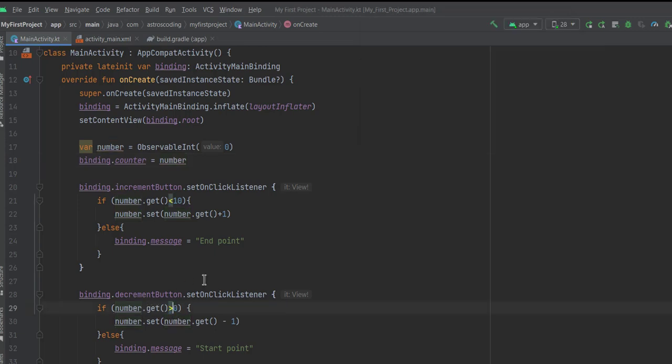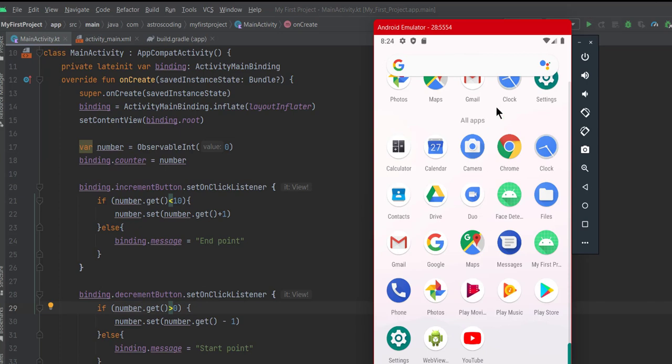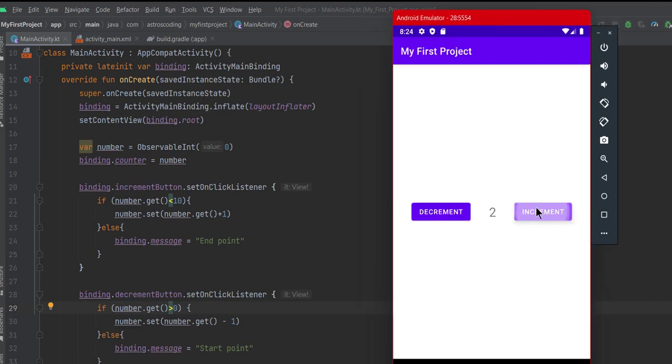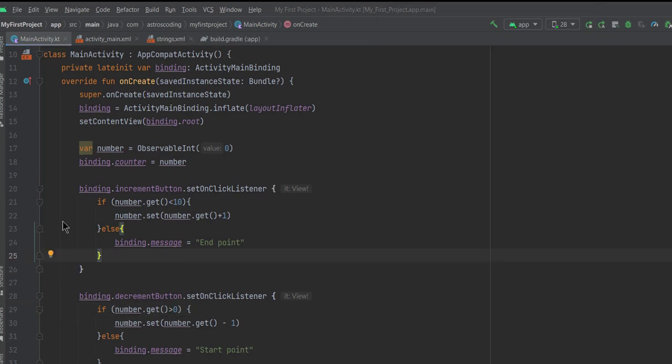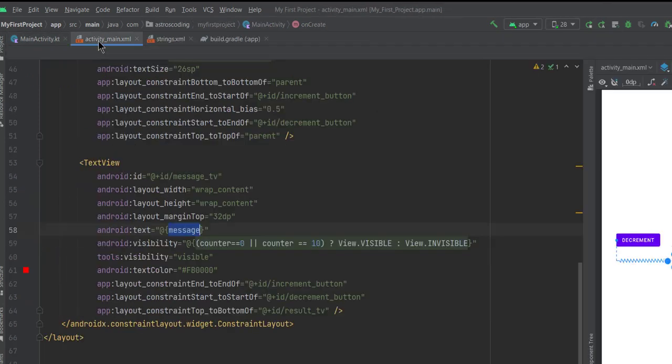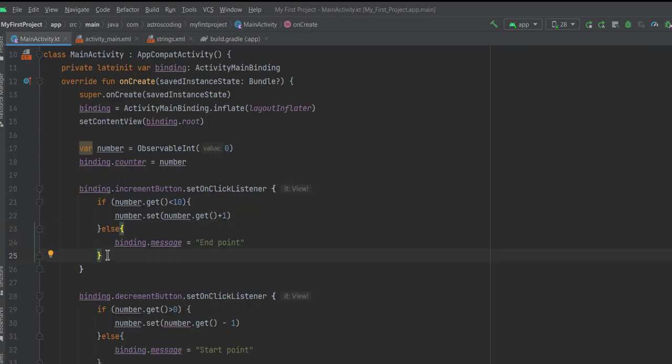I have to make it greater than 0 to decrement the value. See here the increment works and the decrement works as well. So we would also like the text in red, which is the start and end point text, to also listen to the changes happening to the counter and change its text accordingly rather than having to change it within